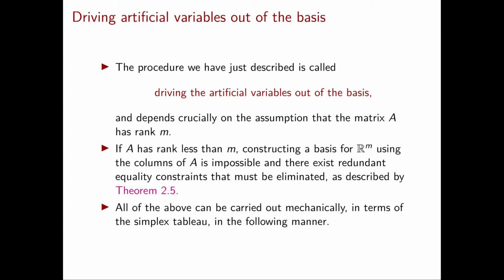So it's really important to construct our auxiliary problem only once this assumption holds. If you remember, we can always reduce ourselves to the case where the rank of A is equal to m, and this is done by removing redundant constraints one by one, as we discussed in theorem 2.5. Also here, dropping redundant constraints is a simple exercise of linear algebra, because everything you need to do is check linear dependency of vectors. However, also in this case, we will never need to do this explicitly, because we're gonna carry out these computations directly inside the tableau in a very simple way.